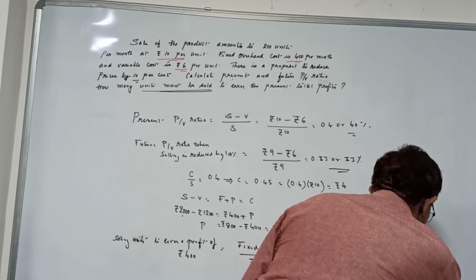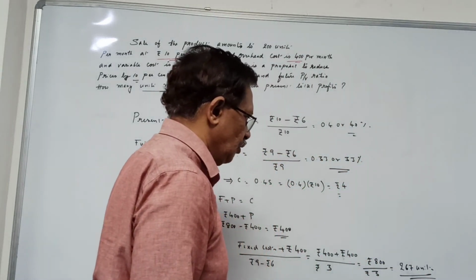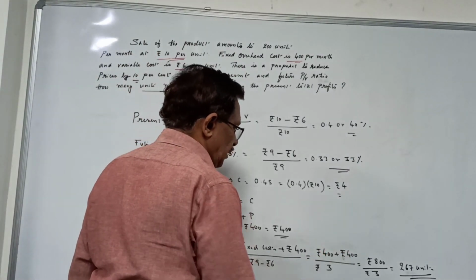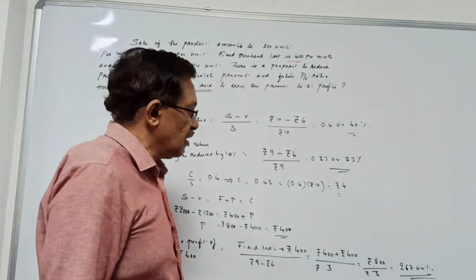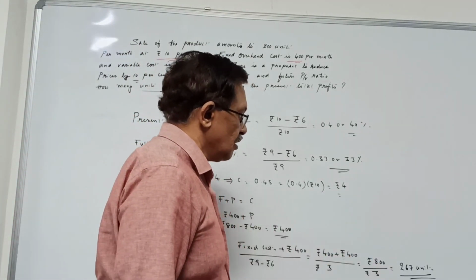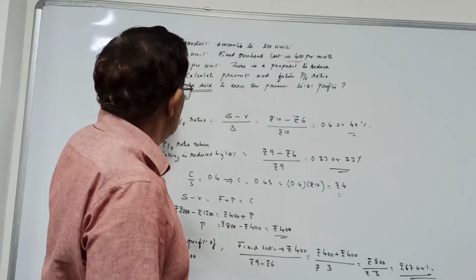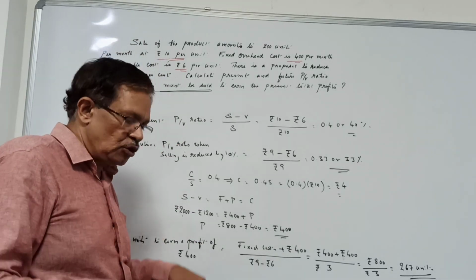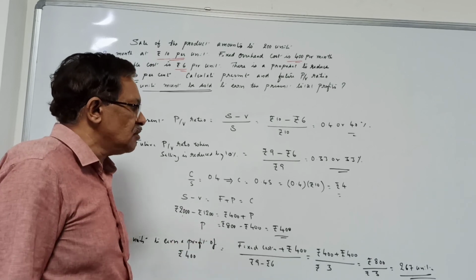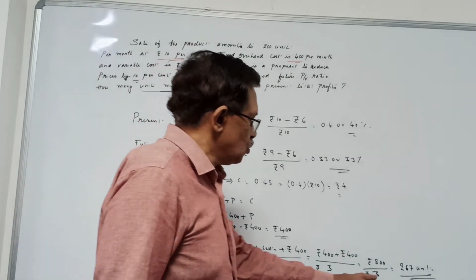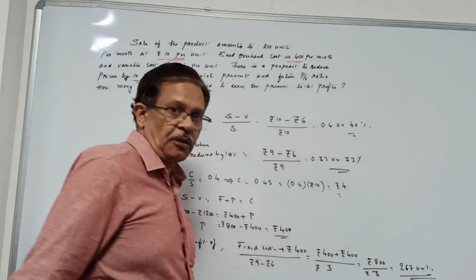If you are going to produce at least 267 units, you will be making the same profit of 400 which we were earlier making. Otherwise, if you are producing less than this, we will not be getting the same level of profit. Earlier we used to produce 200 units, but because the selling price was brought down by 1 rupee to 9 rupees, we need to produce 267 units now to get the same 400 rupees. Thank you.